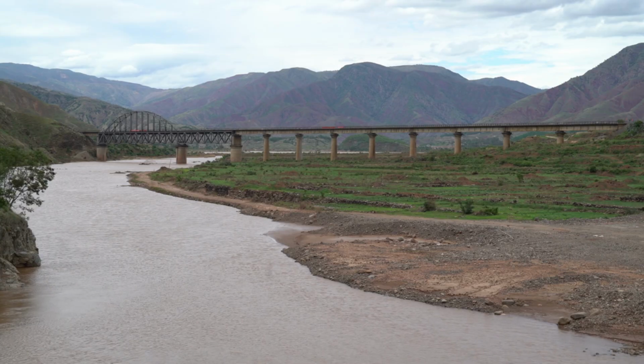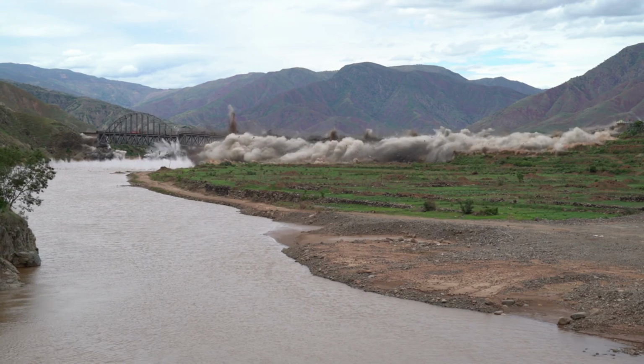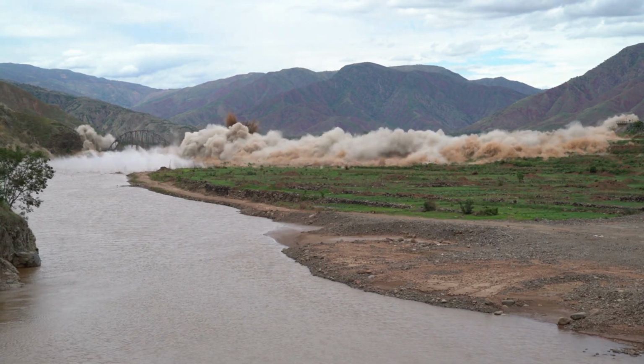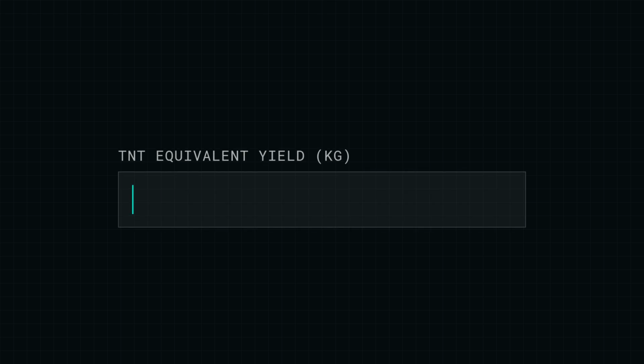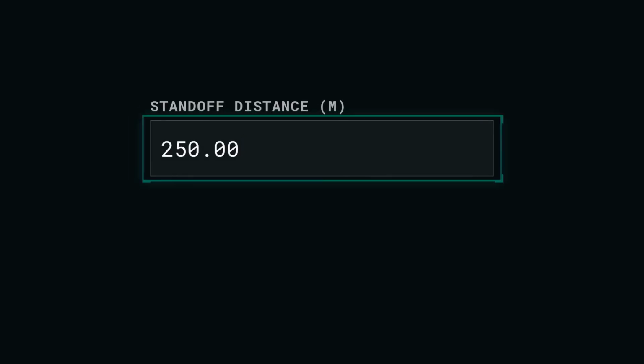Let's work through a realistic example. Imagine we're assessing a controlled demolition using 500 kilograms of TNT equivalent explosives. I'll enter 500 in the TNT equivalent yield field. For safety assessment, we need to know the overpressure at 100 meters, so I'll input 100 in the standoff distance